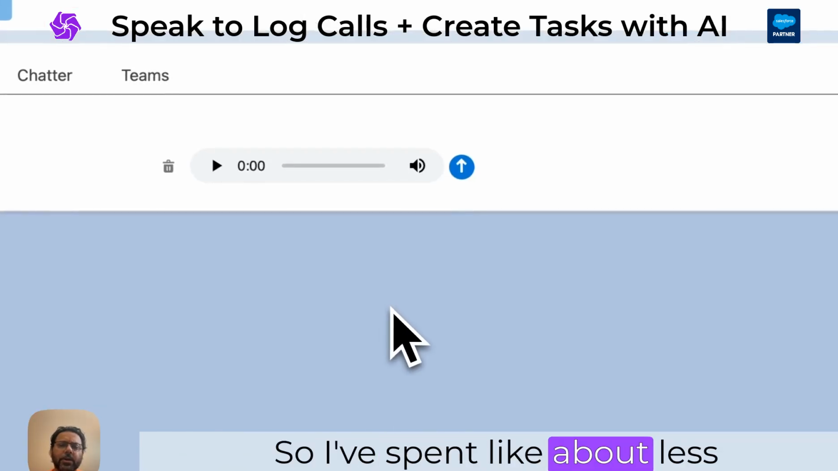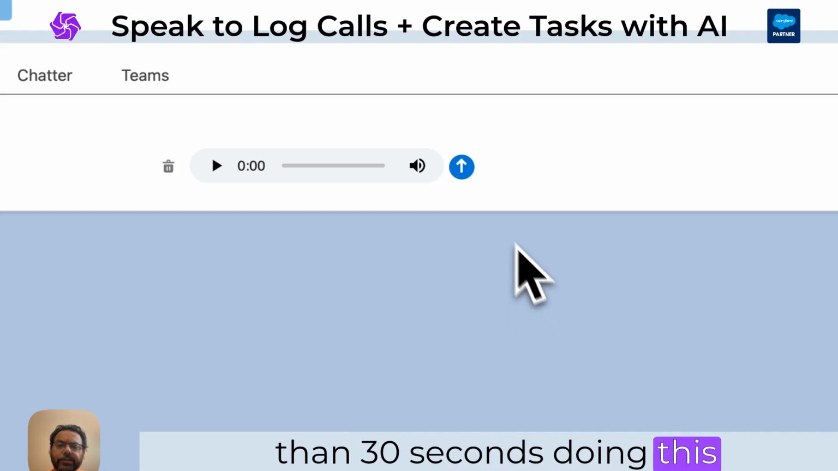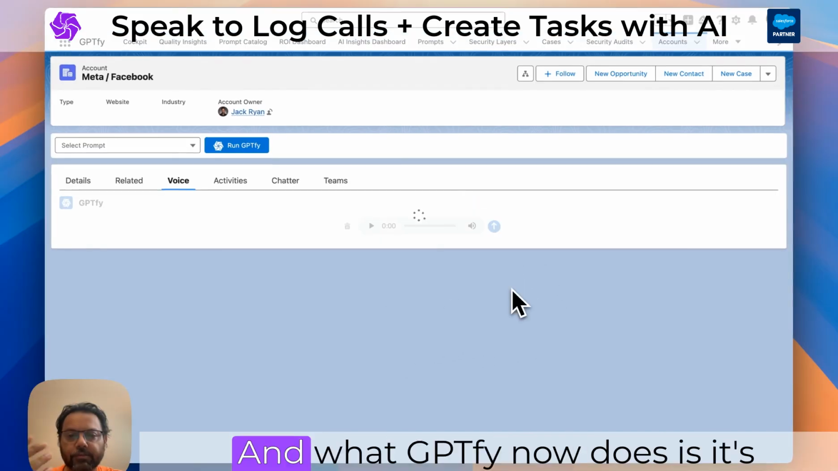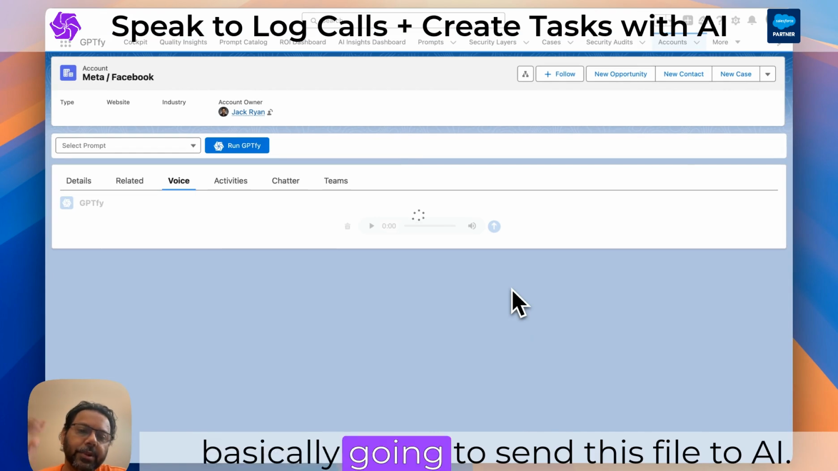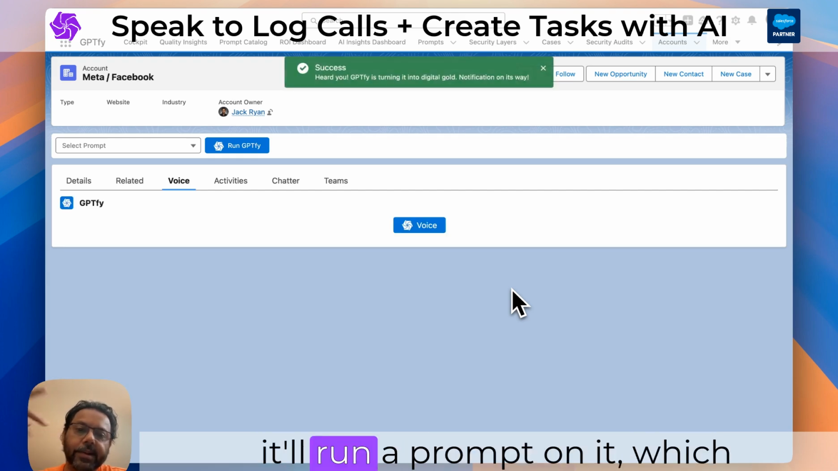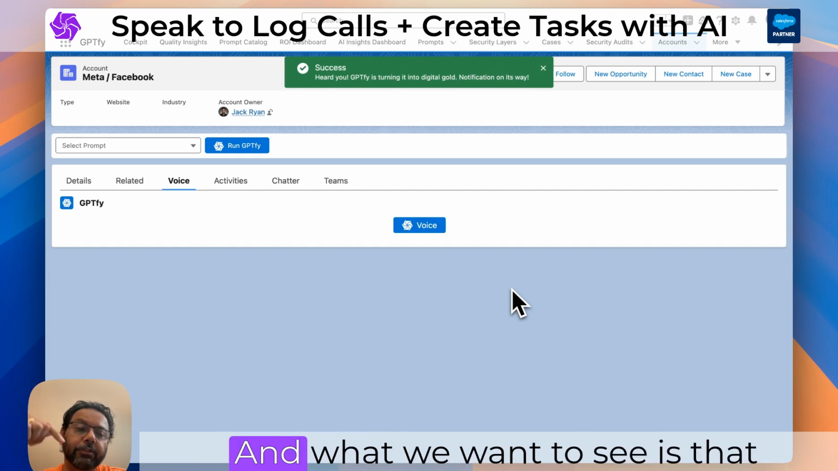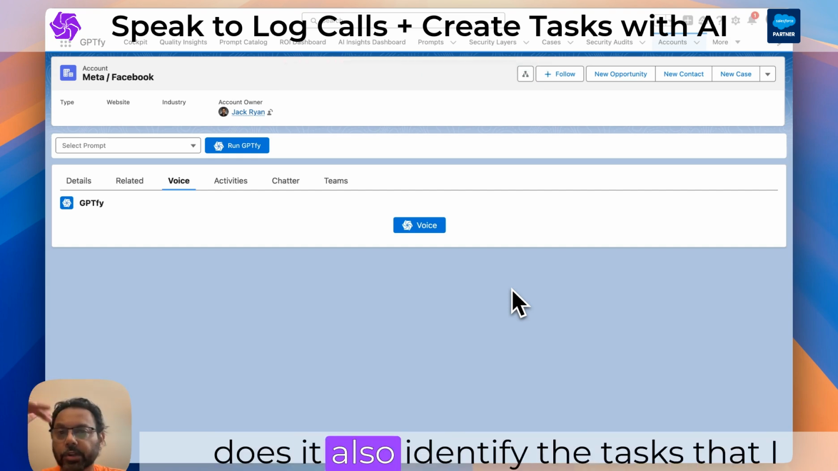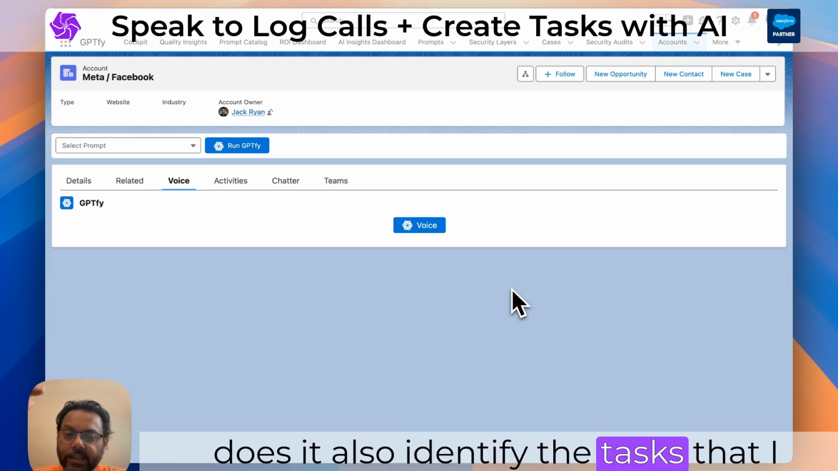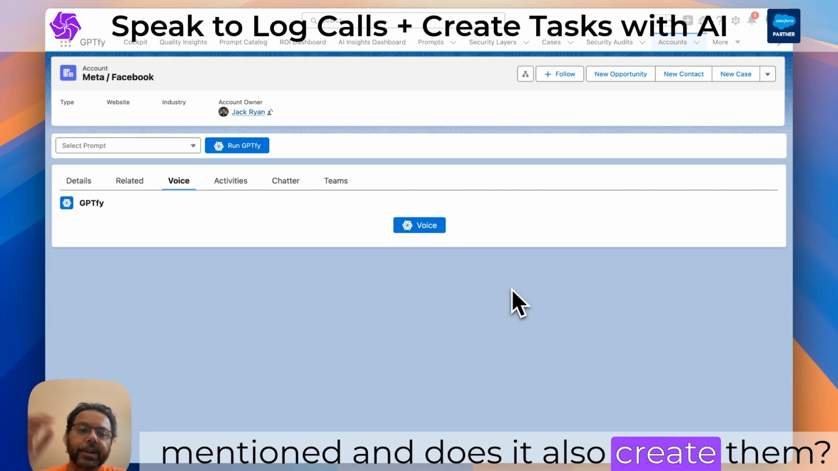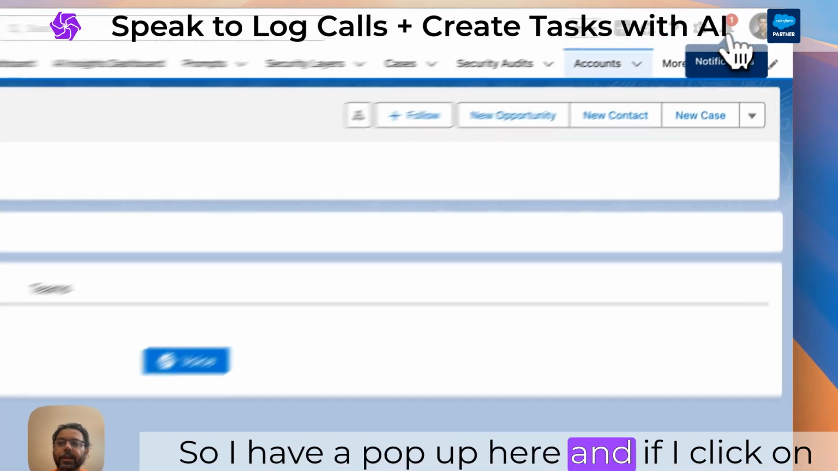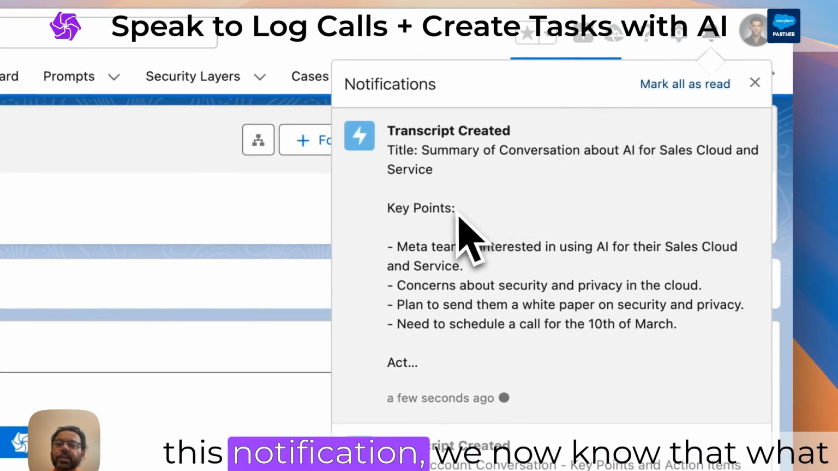So I've spent about less than 30 seconds doing this, and I'm going to upload this. What GPTfy now does is it's basically going to send this file to AI. It'll get it transcribed, then it'll run a prompt on it, which will then create an activity. And what we want to see is, does it also identify the tasks that I mentioned, and does it also create them? So I have a pop-up here, and if I click on this notification,